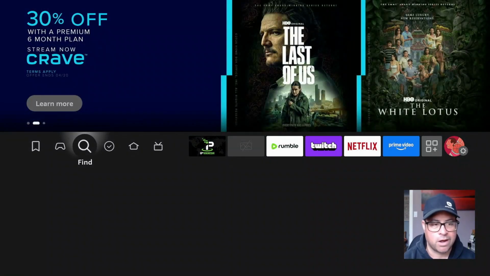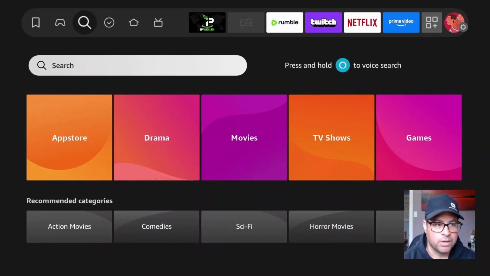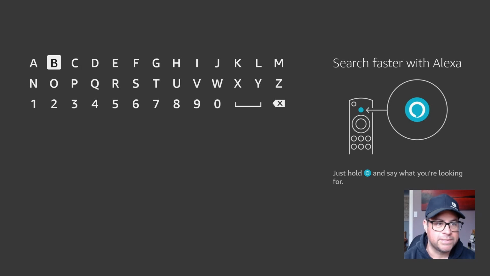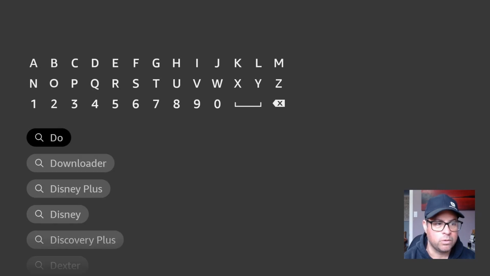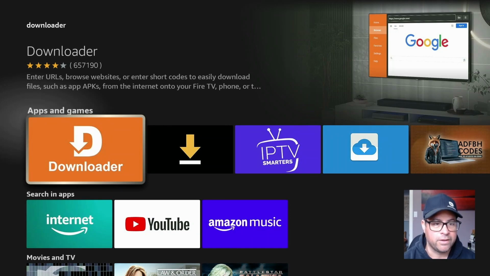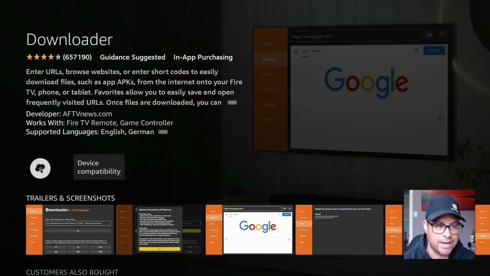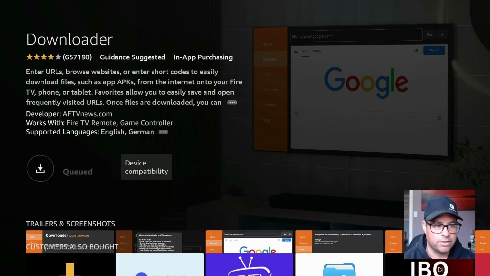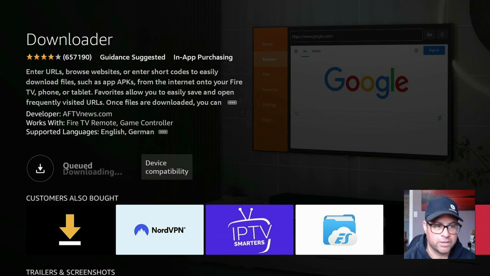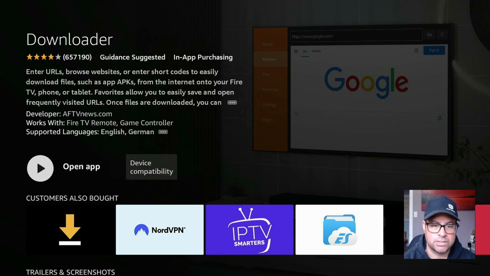In order to get these awesome applications, we need to download a program called Downloader. Downloader gives us the ability to install applications that are not available on the Fire Stick or in the Amazon store. So when you click on Downloader, I already own it. You may not, so get it, download it, and install it. Throw it into the queue, quick, install it, and then prior to opening the app, let's just head to the